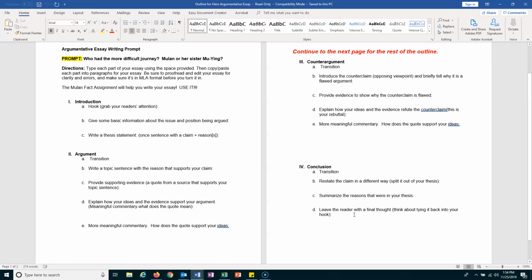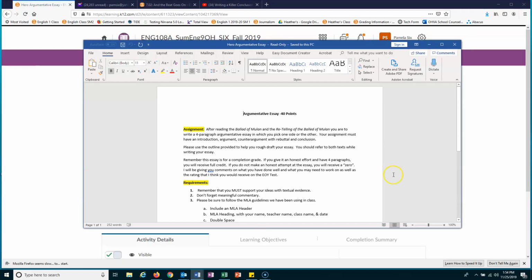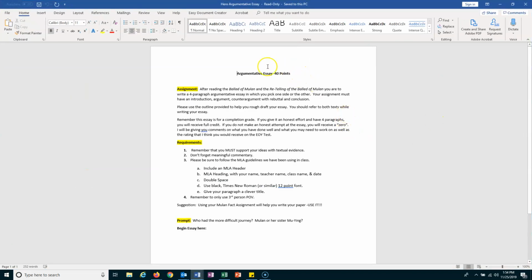Okay, so when you look at the assignment, so I'm going to pause again real quick. So when you look at the assignment, argumentative essay with 40 points, keep going with your MLA format. Keep going with the good grammar and spelling. Keep going with all of the third person, no first person, right? Do not want to see any issues with that because we've been doing this for so long now that this should become like you just do it anyway, right? We're just doing all of that.